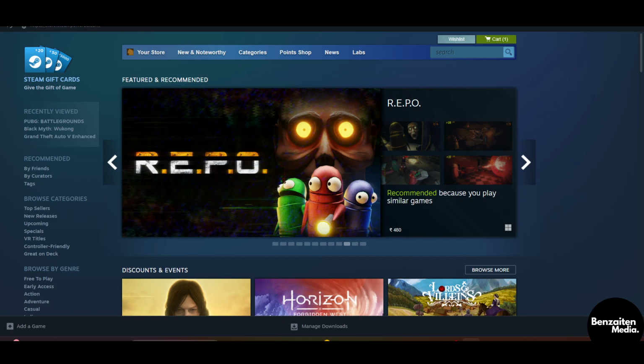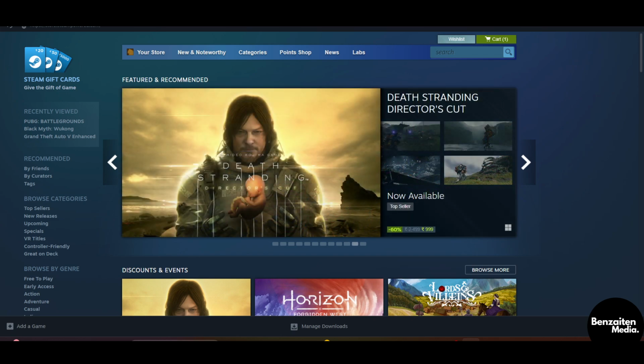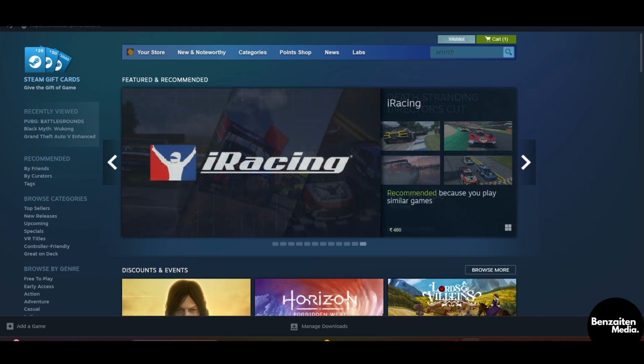Now, after signing up or logging in, on the left side, you will see the option of install Steam. Click on that and install the Steam application. Now, after installing the Steam application, you will see this type of application dashboard of Steam. Now, from here,